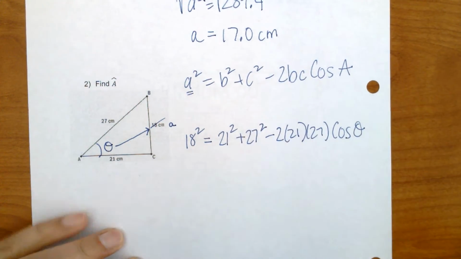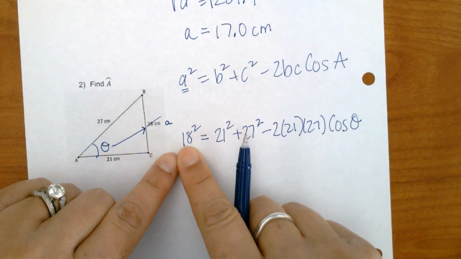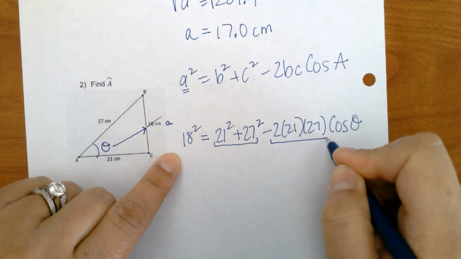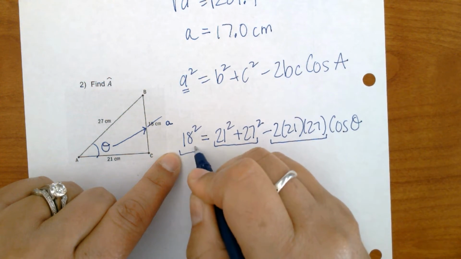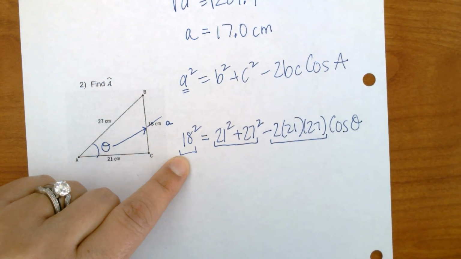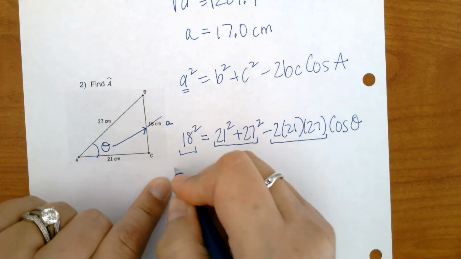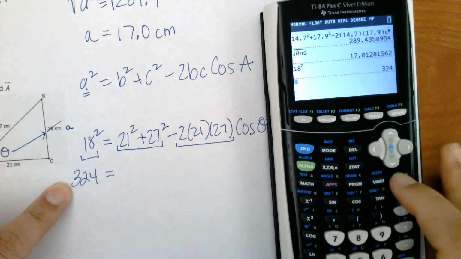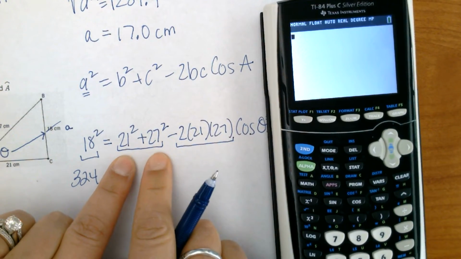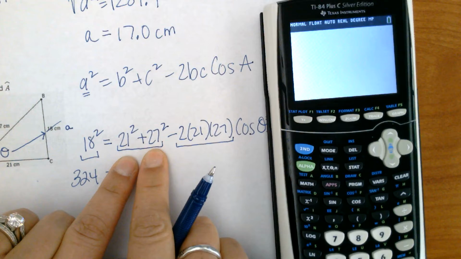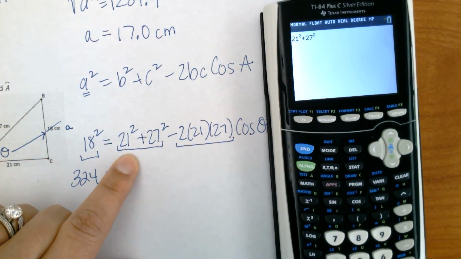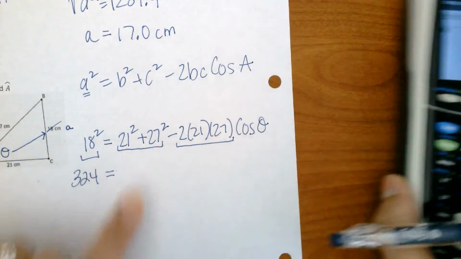Okay, so what I like to do first is I like to do my square and combine my terms. Okay, so this is the first thing I like to do, 18 squared. And that's going to give us 324. Okay, now the next two operations are, which I'm going to actually do in one, are these two. So I'm going to do 21 squared plus 27 squared. Can you always do it like that? Yes, you can always do it like that. So let's press enter. So 1170